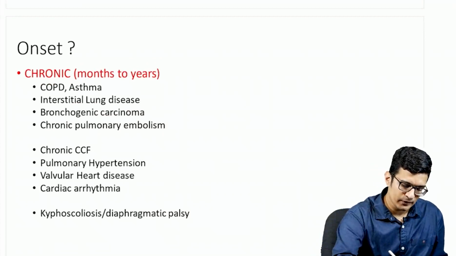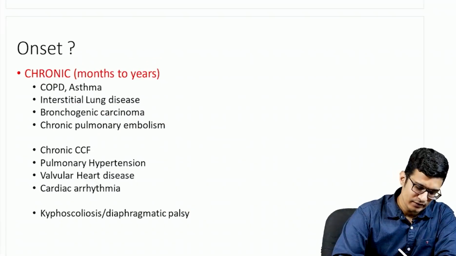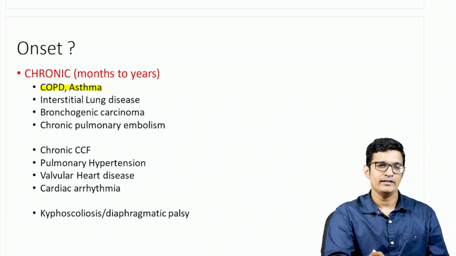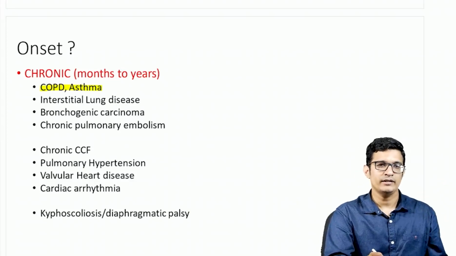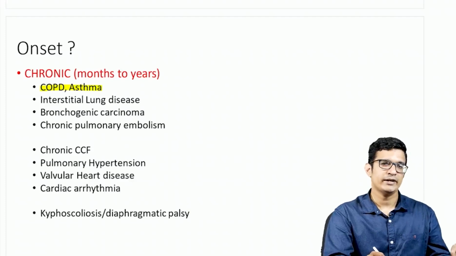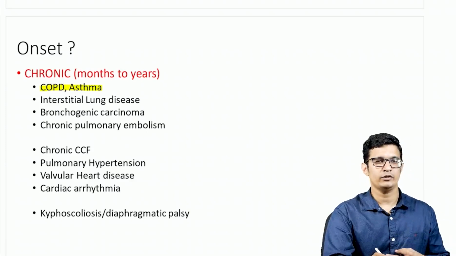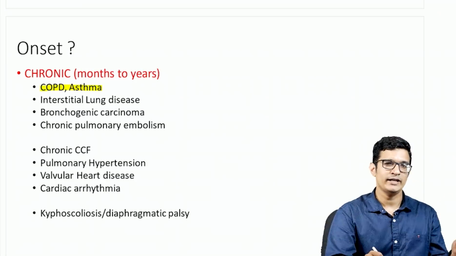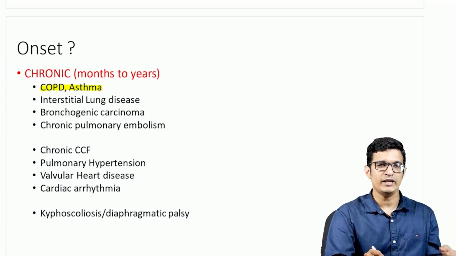Now we will move on to some chronic conditions which can cause breathlessness. The most important conditions that you need to know are chronic obstructive pulmonary disease and bronchial asthma. Both are diseases of the airways. In bronchial asthma, there is a bronchospasm. There is a reversible airway hyperresponsiveness. Whenever there is dust coming into our airway, our body will increase the production of mucus, and because of the mucociliary clearance mechanisms, all this dust will stick to the mucus and be eliminated out.